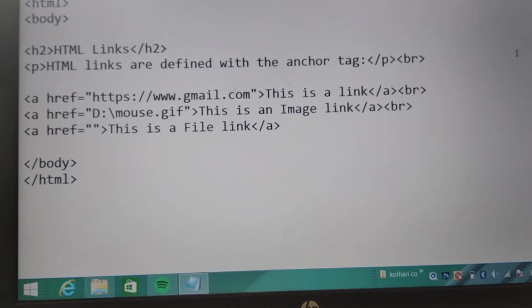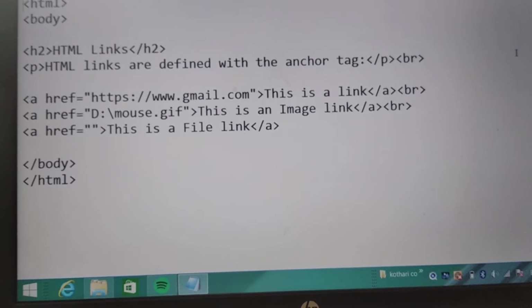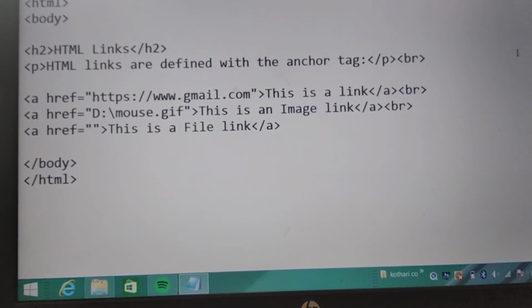So for that, today's video explains in detail about hyperlinking, and there are different types of hyperlinking, and I have covered all the types of hyperlinking in that program. This is a very short program for understanding. Actually, this program was copied from the internet also, but in that program I have already used my own file to describe it to you very easily.